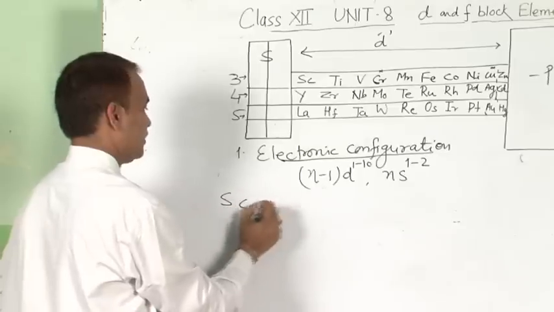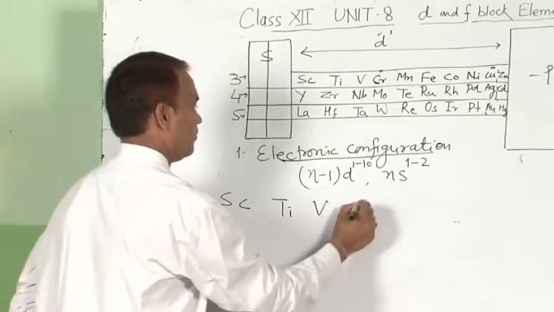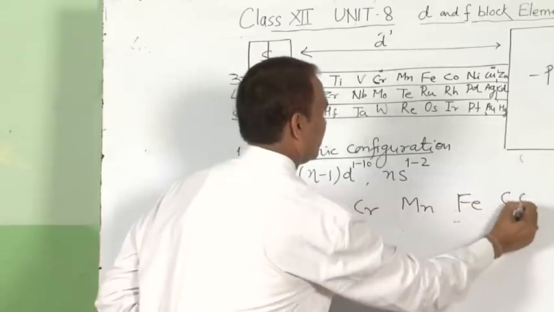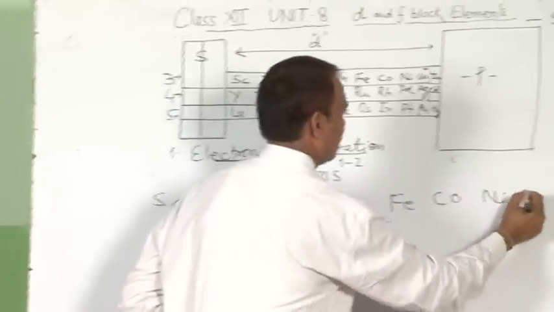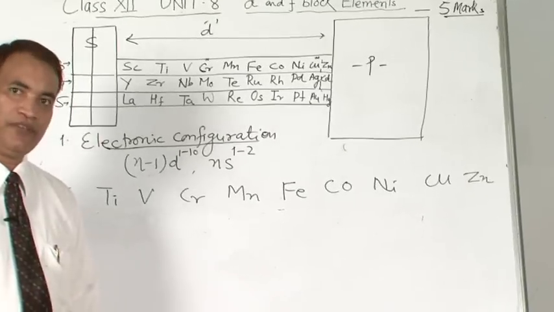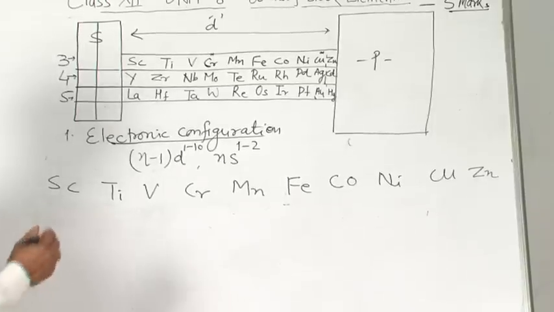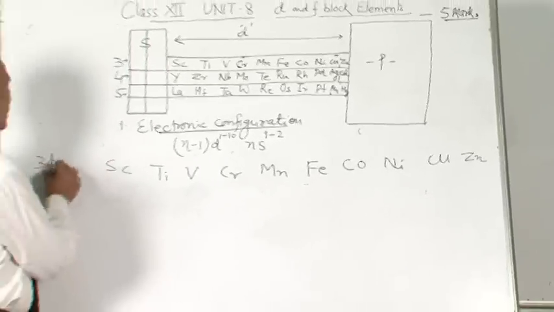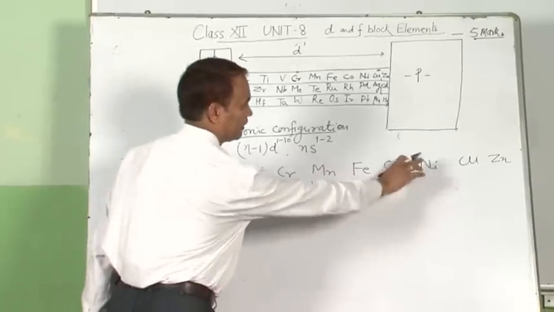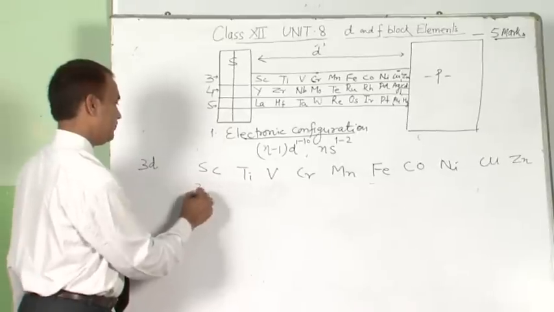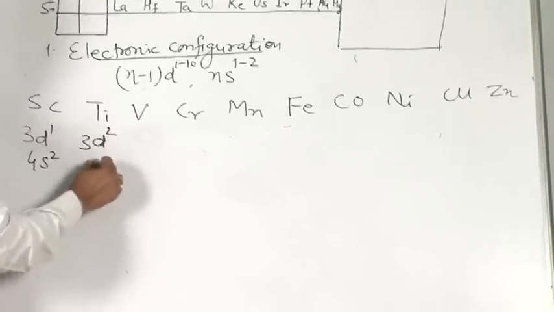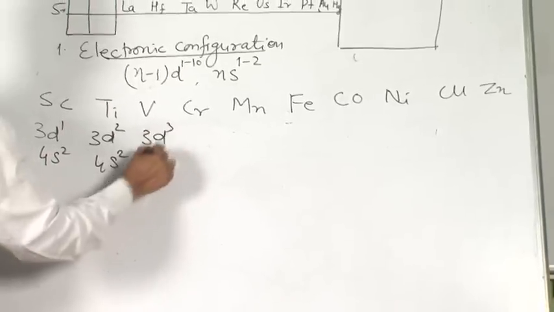The 3D series: scandium, titanium, vanadium, chromium, manganese, iron, cobalt, nickel, copper and zinc. We will find that here 3d1 4s2, 3d2 4s2, 3d3 4s2,